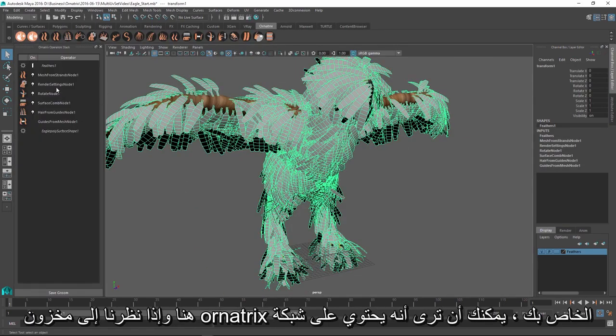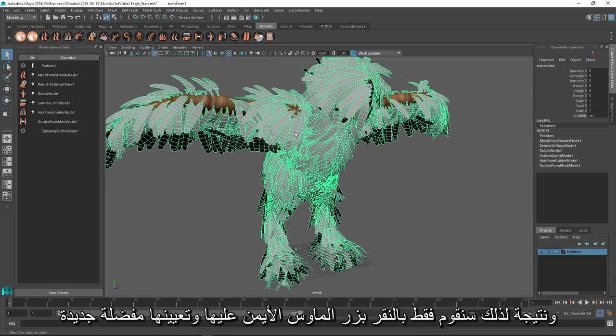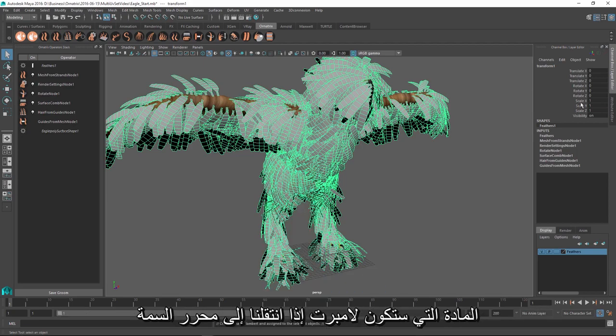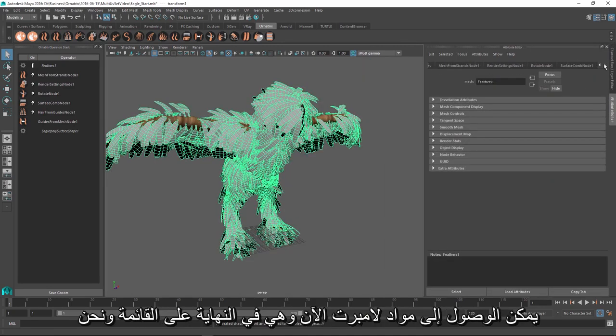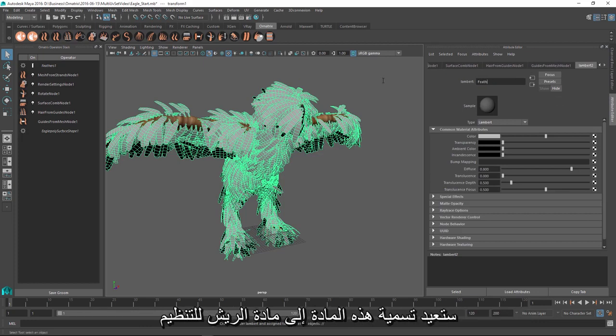To start out, let's just select the feather mesh over here, and if we look at its Ornatrix stack, you can see that it has a mesh from strands node applied at the very top. So we are getting a Maya mesh as a result, and we're just going to right click on it and assign it a new favorite material, which is going to be Lambert. If you go over to the attribute editor, the Lambert material can be accessed now. It is at the very end of our list, and we're just going to rename this material to feathers material